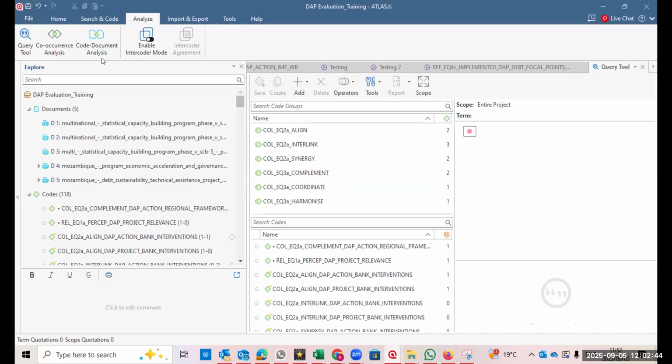So when you say code document analysis, remember the transcript: the statements, opinions, ideas, and experience from someone in the field, or someone that has encountered or knows about the phenomenon you are exploring, let's put it like that. So you want to know the number of codes that were generated